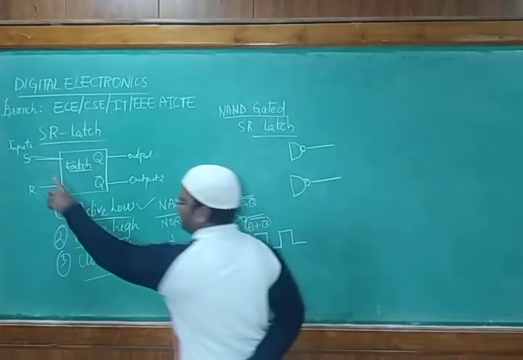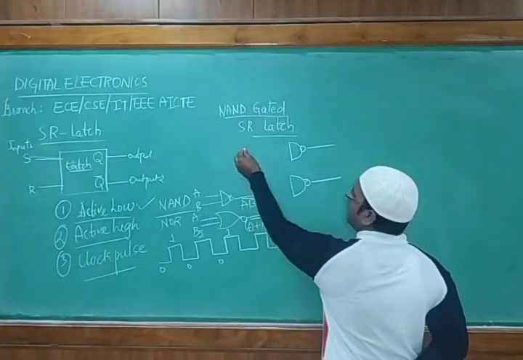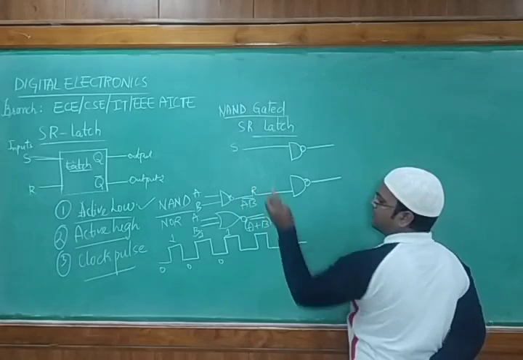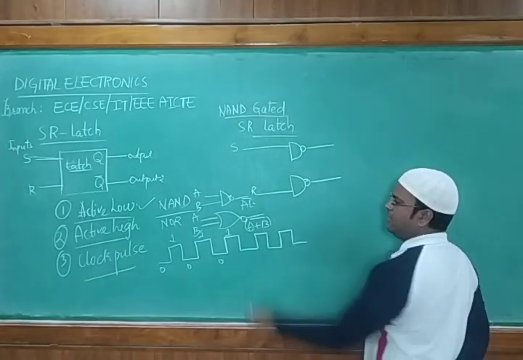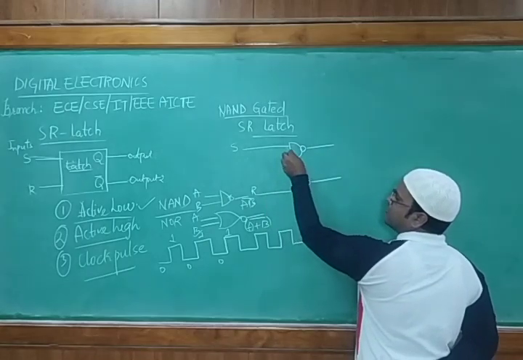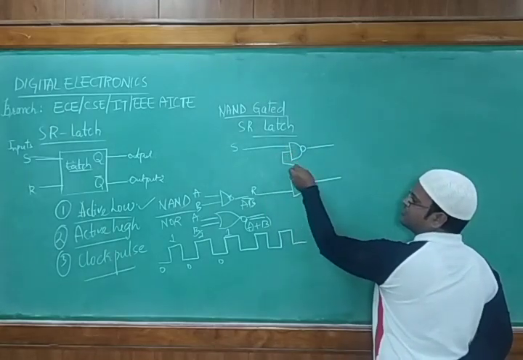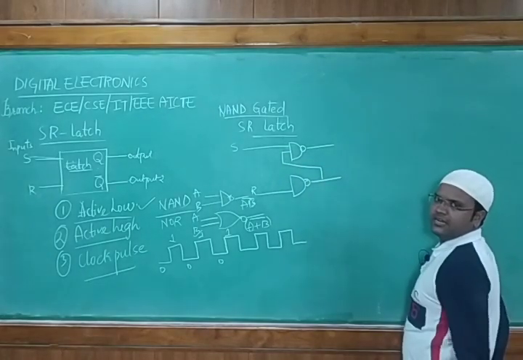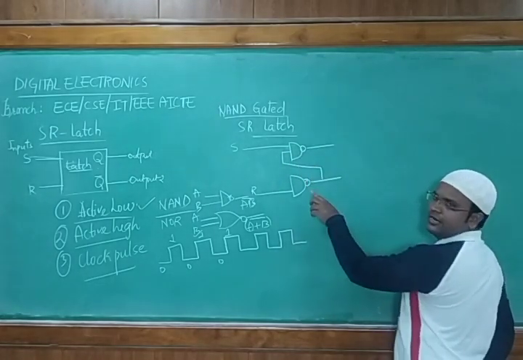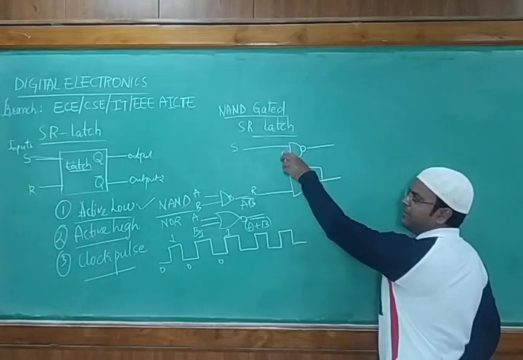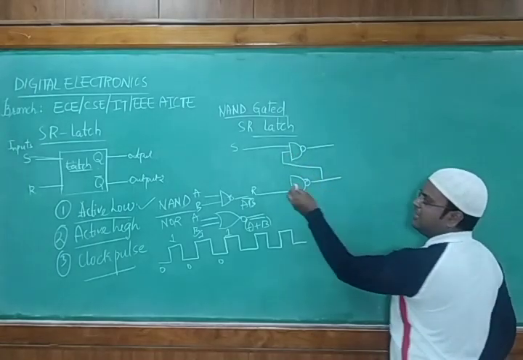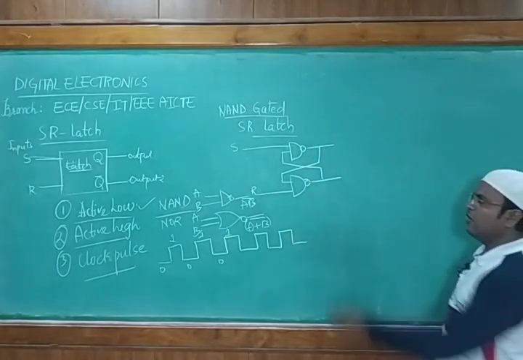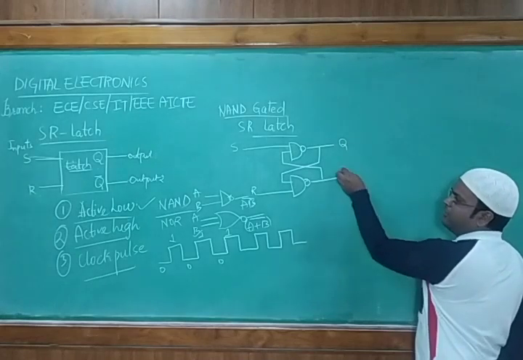What are the inputs we have? We have S and R. So we are taking the first input for S, next input for R, right? So this is S and R, we have taken two inputs. Next thing, students, this is called cross coupling. We are taking the input of the first NAND gate connected to the output of the next NAND gate. See here, this is NAND gate 1, NAND gate 2. So the input of the first NAND gate I am connecting to the output of the next NAND gate. Similarly, the input of the next NAND gate I am passing to the output of the first NAND gate. So this is the output Q and that's the output Q bar.